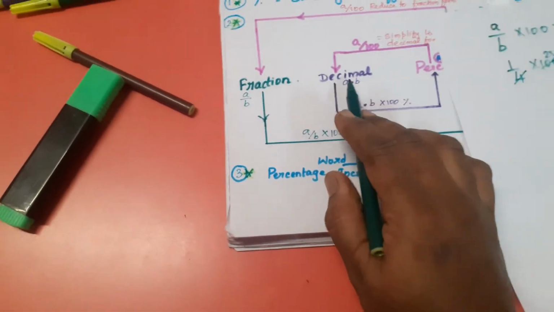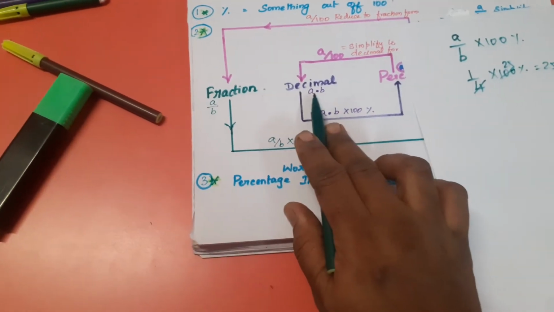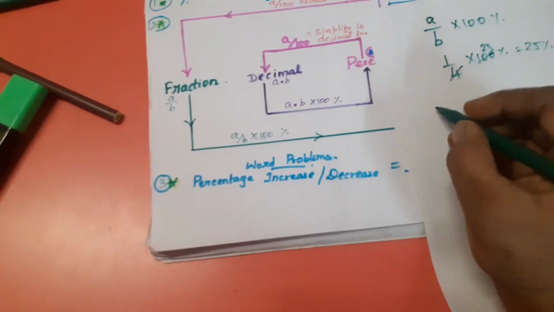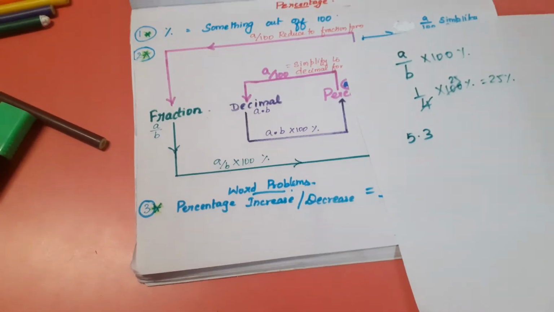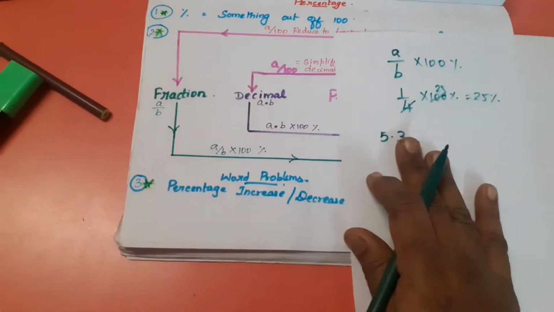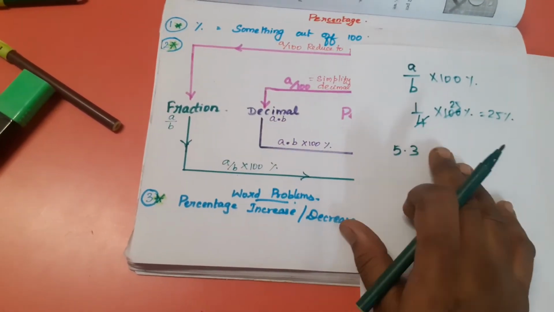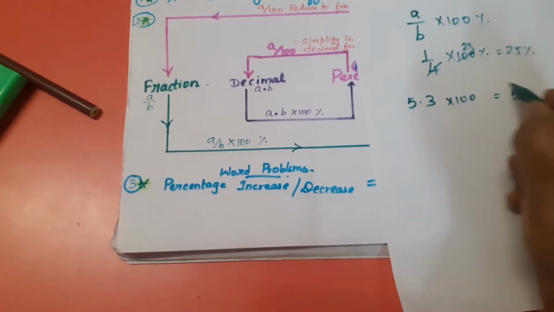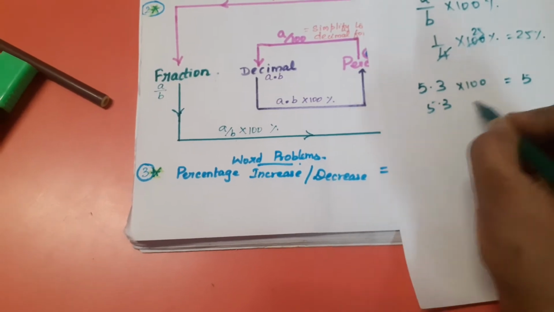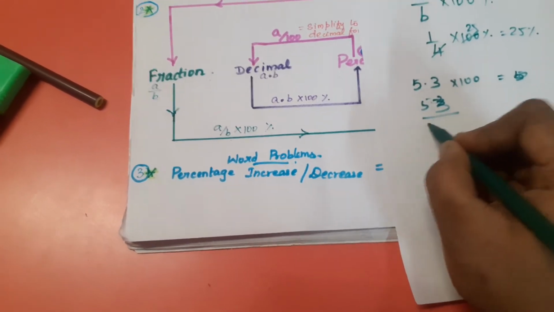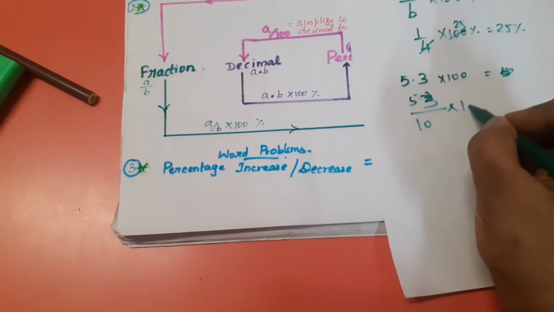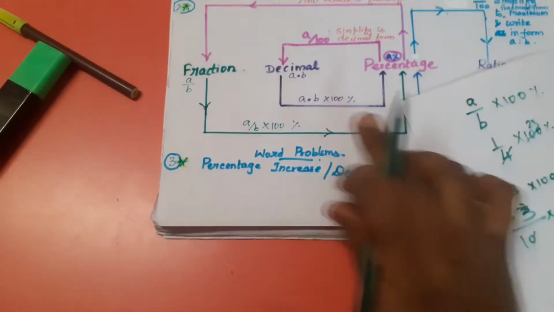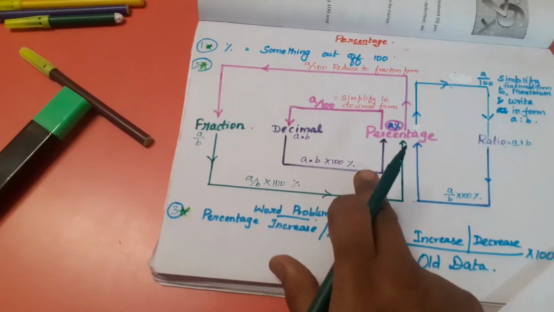Decimal, how can we do the same work? Say a dot b is the decimal form I have written, that also is into 100 only. Say, for example, 5.3 is given to convert to percentage. How can I do it? Into 100. You can write 5.3 as 53 by 10, right? So now it is in the fraction form, into 100. So what will you be doing? It is 530, right? So like this we will be converting into percentage. So decimal conversion also uses the same method.